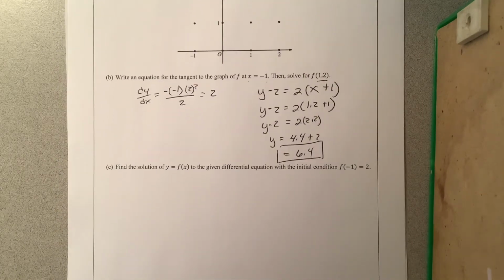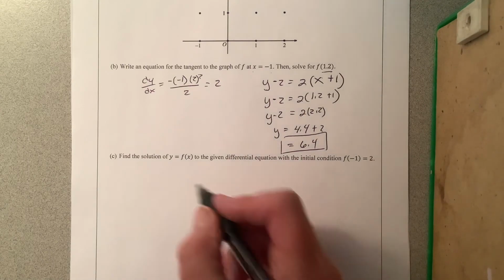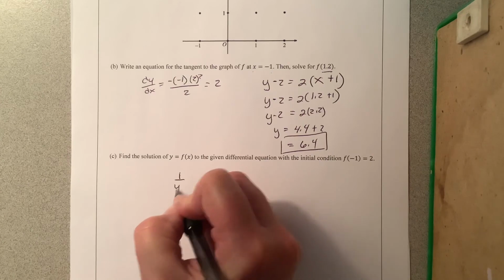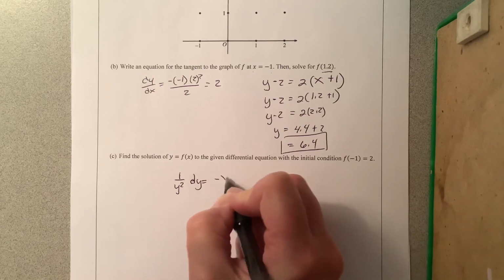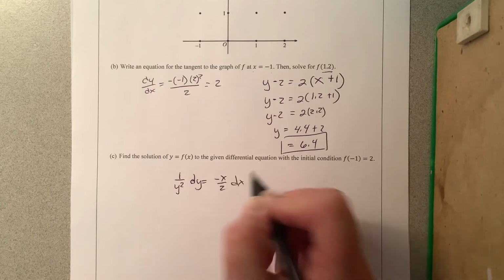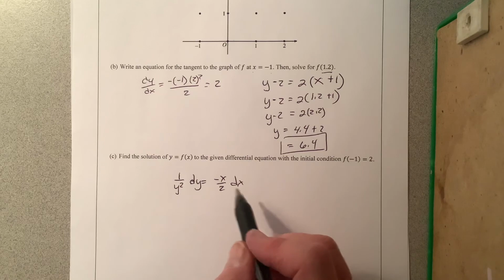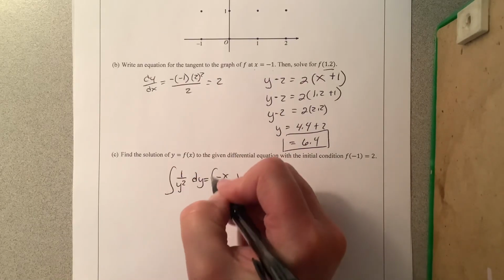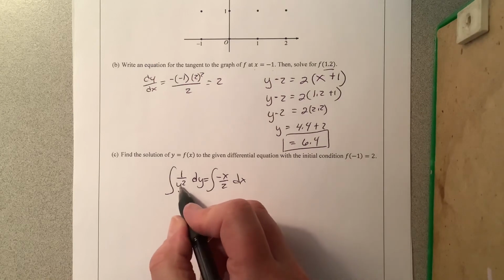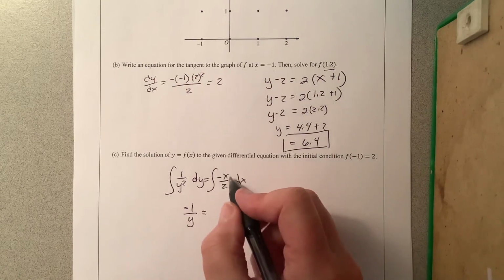To find the solution of the given differential equation, when I separate my variables, I do 1 over y squared dy equals -x over 2 dx. You don't have to. You could move that 2 to the other side. You can move the negative to the other side, but I always try and keep that y pretty separate. Integrate. Remember that this is not the natural log, so you end up with -1 over y equals